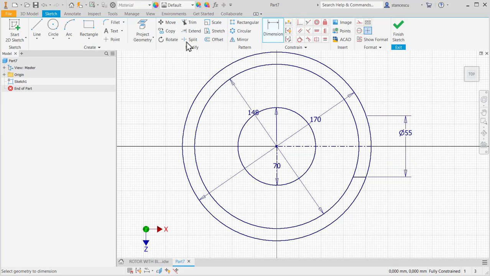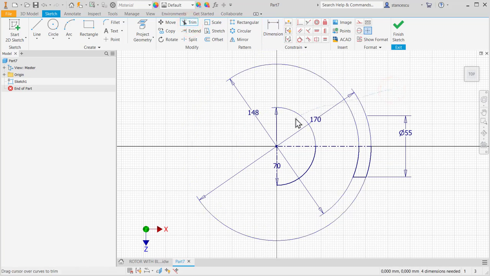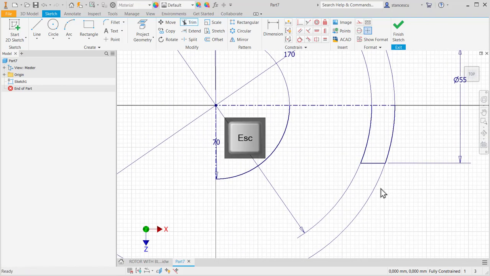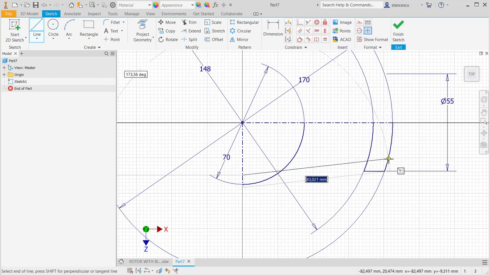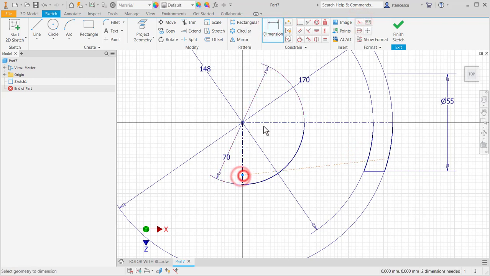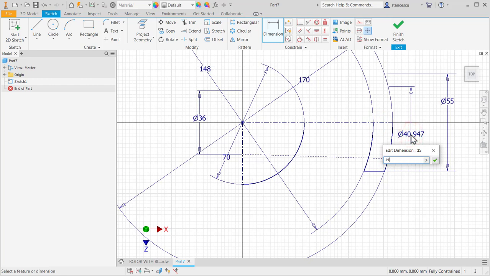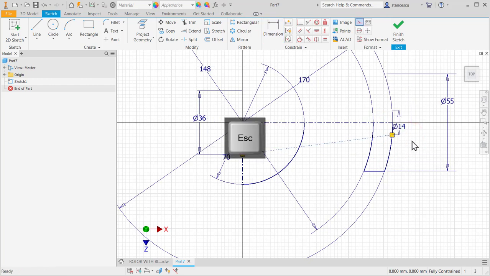And now I apply trim. Look here. Yes? No, dimensions were lost, and you see here fully constrained. Okay, interesting. Now I draw a line, not center, as a construction line with that two dimensions from this point to the center line with 36, and the other of 14. Okay, now trim again,